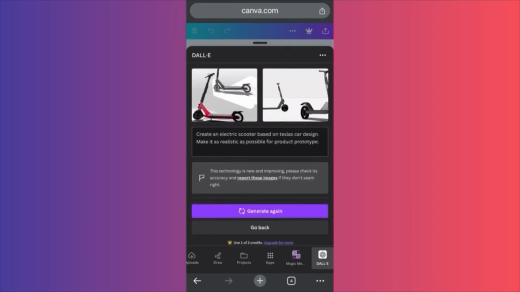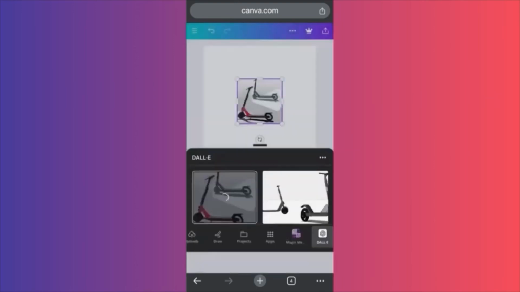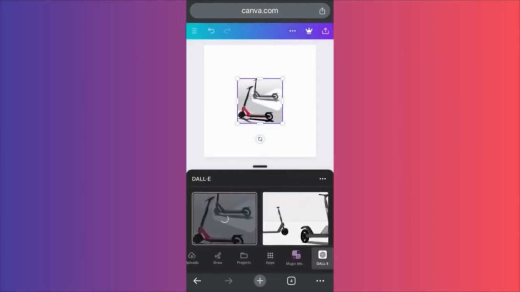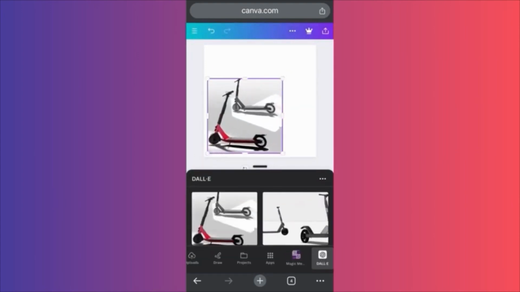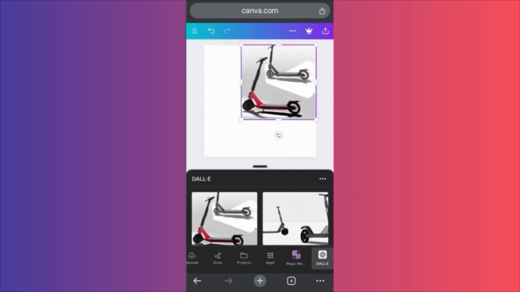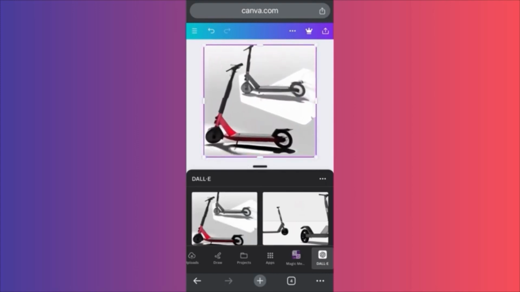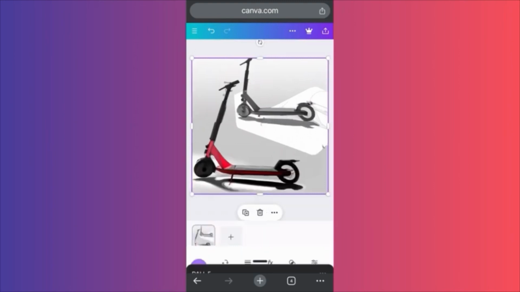So now, as you can see over here, we can still change the results by simply adding more inside our prompt as a text, but we can click on the image itself and we can essentially drag the edges so we can make it larger from one side to the other. The good thing is, because it's generated from AI, it is not going to reduce the quality of the actual image. It's not like the usual JPEGs.